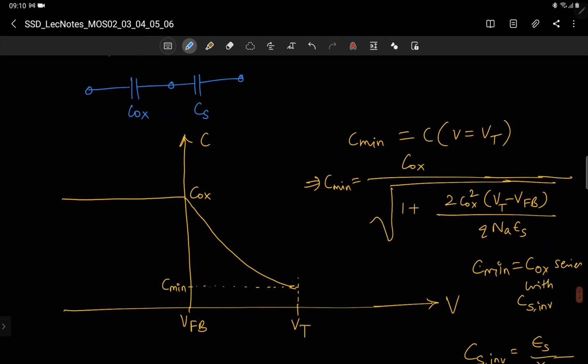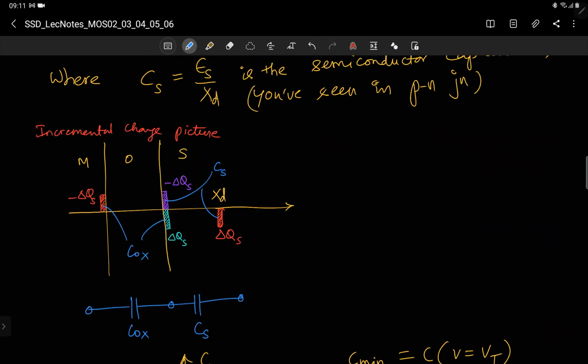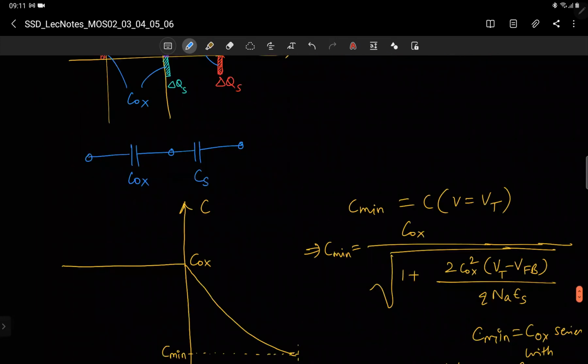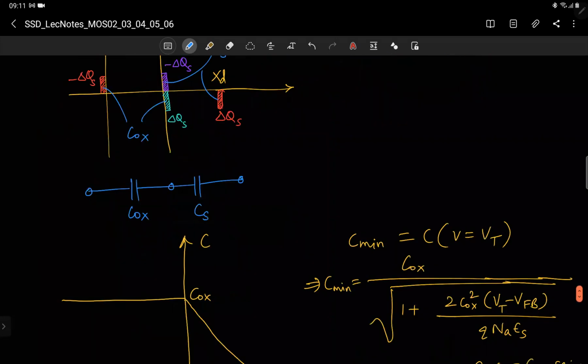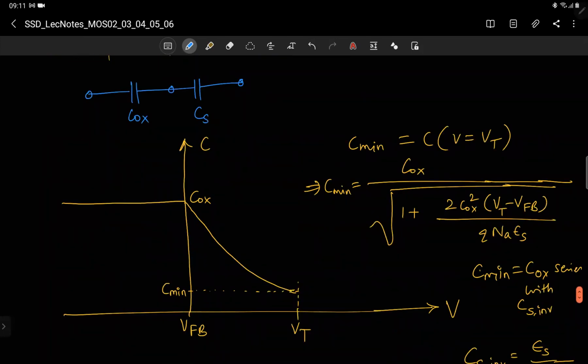So in the depletion region, what is happening is the charge separation is increasing with voltage, because one charge plate is at the metal oxide interface, and another charge plate is increasing with XD, and XD increases with voltage. So the charge separation is increasing, so capacitance effectively comes down. For the same charge, same voltage, if distance is increasing, then capacitance is coming down, right? So capacitance is coming down, and it reaches a minimum point at threshold voltage, because that is where XD